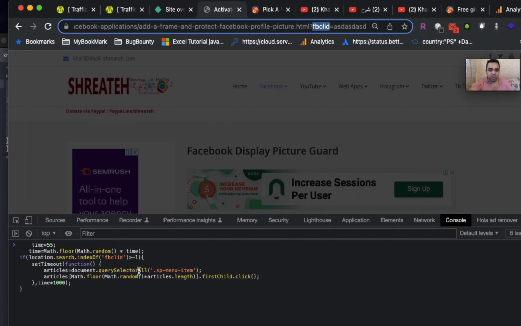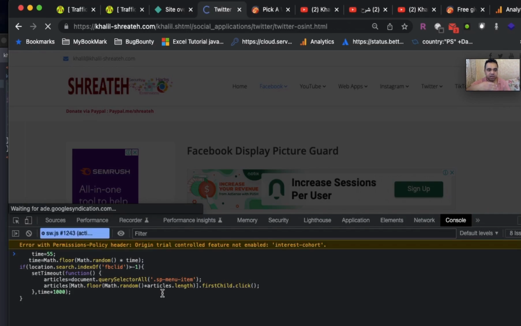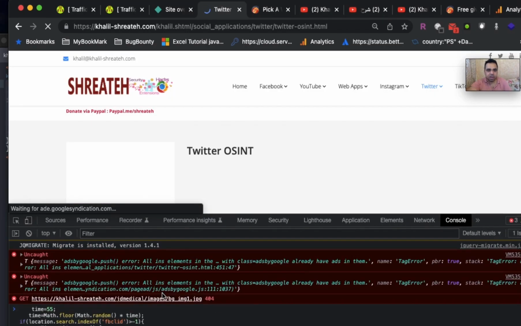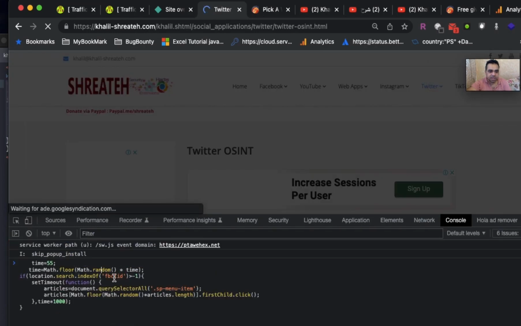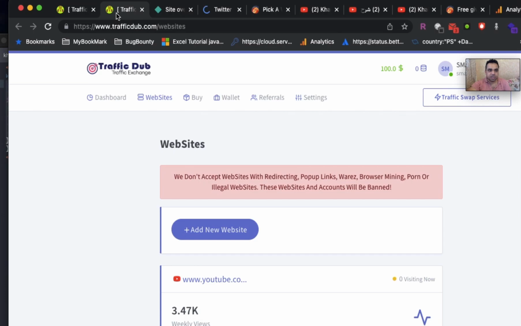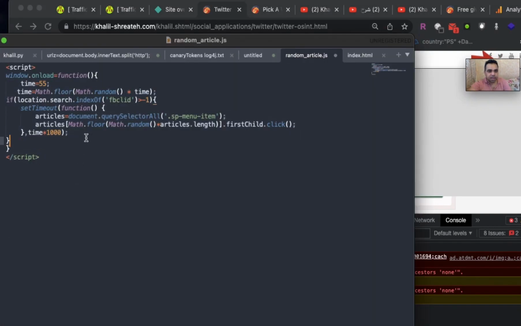Why did I add FBCDL? Because it makes no sense if you copy your article and paste it on your Facebook or other social media account, and after 10 seconds the user is navigated to another article. Look, now I am in another article automatically. FBCDL should exist inside the URL. This is just a track that the visitor comes from Traffic Tab, but if a visitor also comes from Facebook, he is also going to be tracked